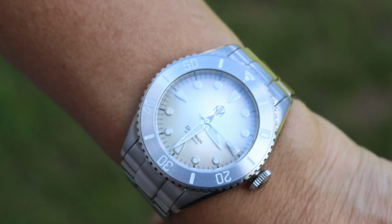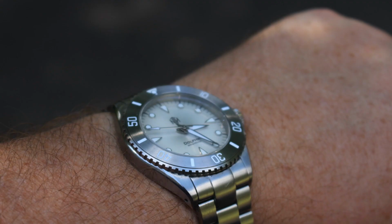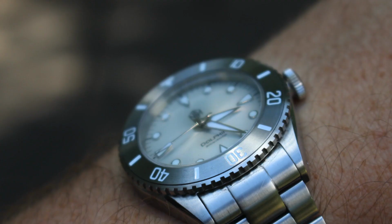Well, if we look at it on my wife's 6 1/4 inch wrist and also on my 8 1/4 inch wrist, it is extremely wearable at those two ends of the spectrum. There are not that many watches that both my wife and I could wear, and this is one of them. The watch, I think, wears smaller than 40, even though it has a 48 millimeter lug to lug. I don't know if it's a trick on the eyes or a trick on the mind, but